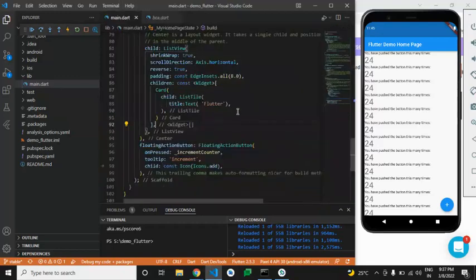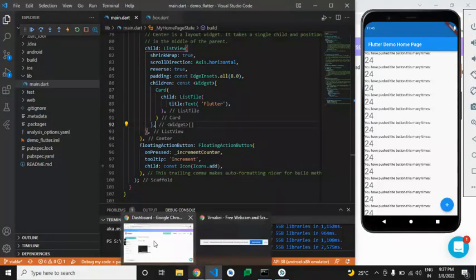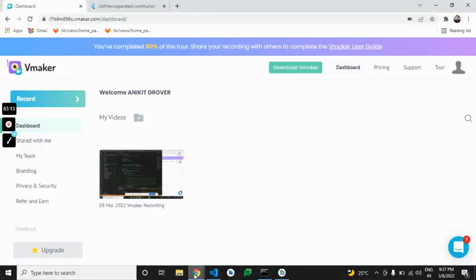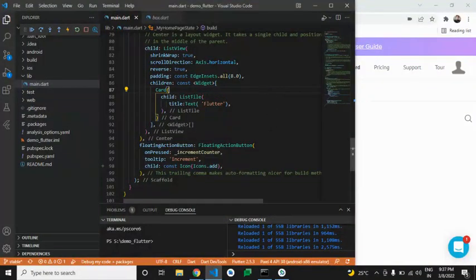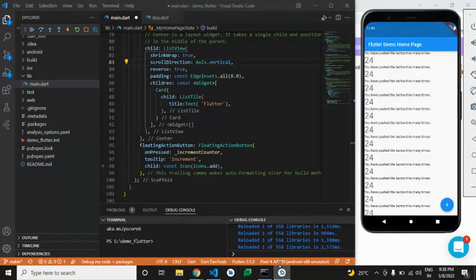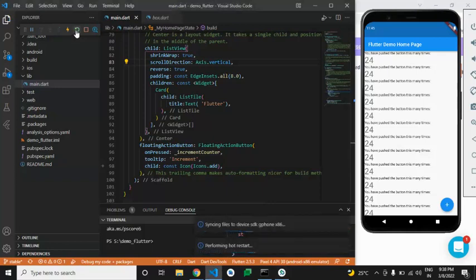there is an error coming over here in the list view. I will change the direction as well, and once we hot restart it,